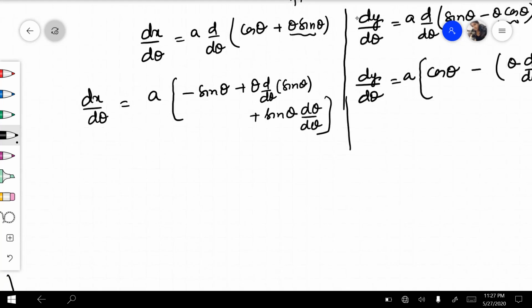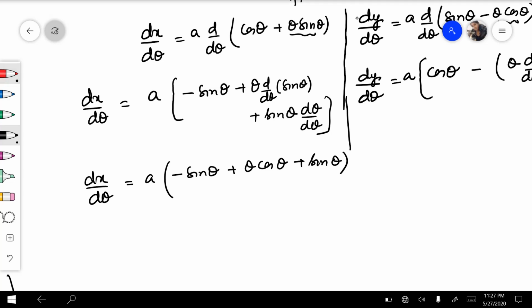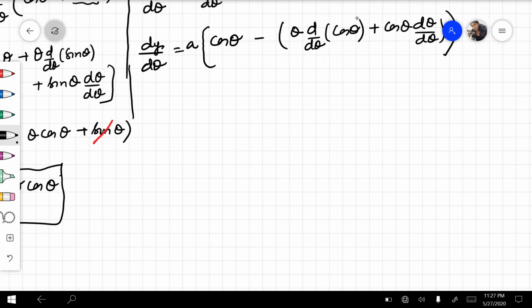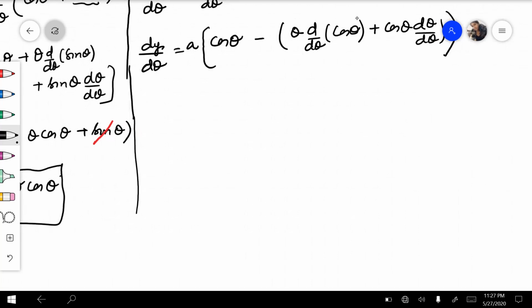चलिए सिंप्लीफाई करते हैं। dx upon d theta इसके इक्वल हो जाएगा a minus sin theta plus theta cos theta and plus sin of theta. If you look at these two terms, they are equal and opposite in sign. So this gives you dx upon d theta is equal to a theta cos theta. चलिए जी, रेफरेंस के लिए हम इसको बॉक्स में रख रहे हैं।